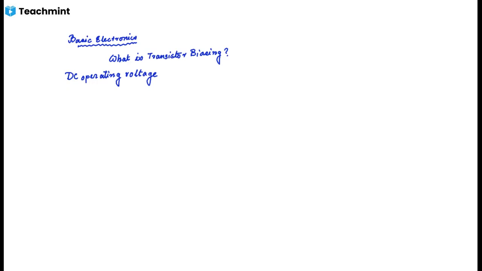So an ideal DC voltage source has zero internal resistance, but an actual DC source will always have some amount of internal resistance. In an ideal voltage source, the voltage drop across the source is zero. But in the case of a practical real world voltage source, some amount of voltage drop occurs. This voltage drop increases as the current increases. Okay. So that is the basic of a DC operating voltage or DC voltage.